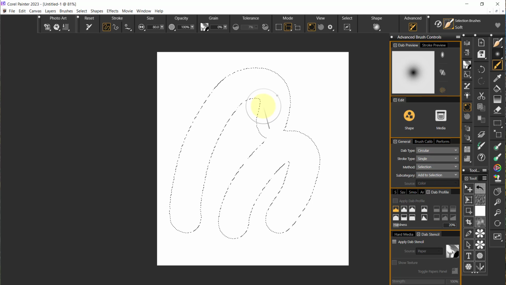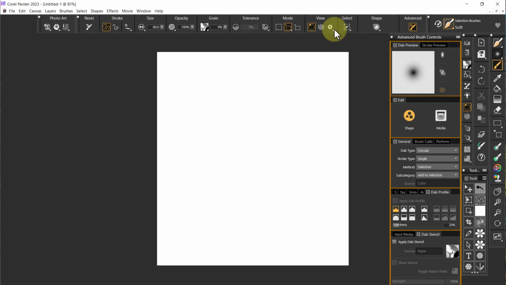Now, the rest of the things up here all have to do with this brush, and this is the property bar, the brush property bar. And so anytime you select a brush, this property bar is going to change, and it's your best clue to what you can change with your brush. Now, I'm working with a 100 pixel